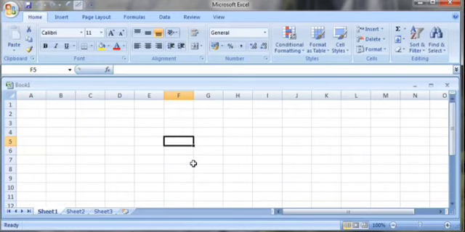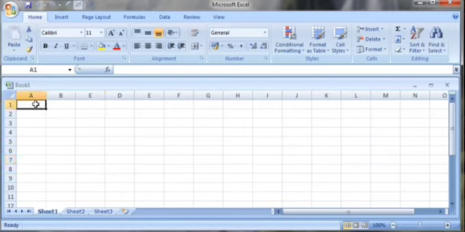Then active cell. What is active cell? The cell which is currently in use or the cell which is selected by us in order to enter some data, etc., or to do some calculations. Such a cell is called as an active cell. To make a cell active, just click on that cell. Then, when you click a cell, the address of the cell appears here. This is called as name box, which gives the address of the active cell.